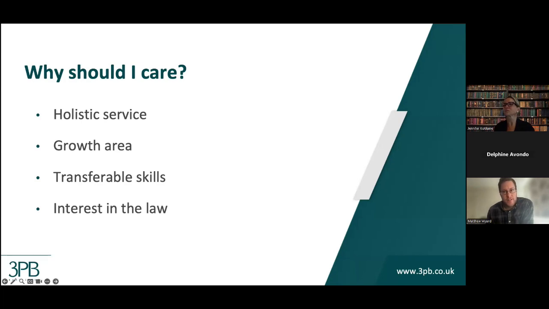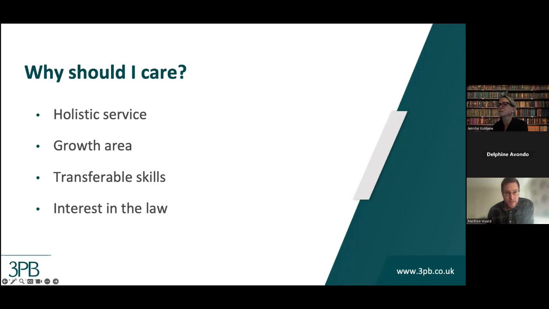The second reason is that Court of Protection work is a huge growth area. When I started 10 years ago, there were very few COP cases, and the reason I fell into doing it was because I had a community care practice, and you often found at the time that a lot of the Court of Protection work was dealt with by community care practitioners. Nowadays, it's very much an area in itself, and there is an enormous growth of instructions. Funnily enough, a lot of family lawyers are taking an interest, and that's probably because of the last 2 points.